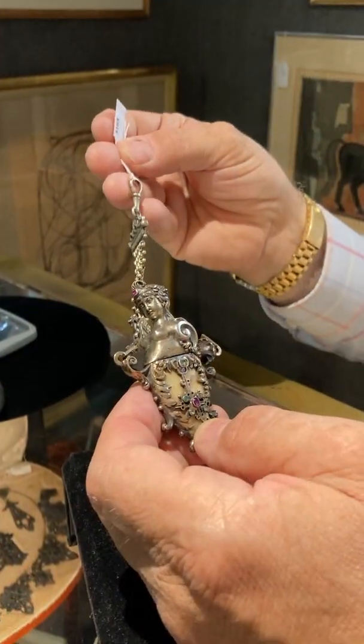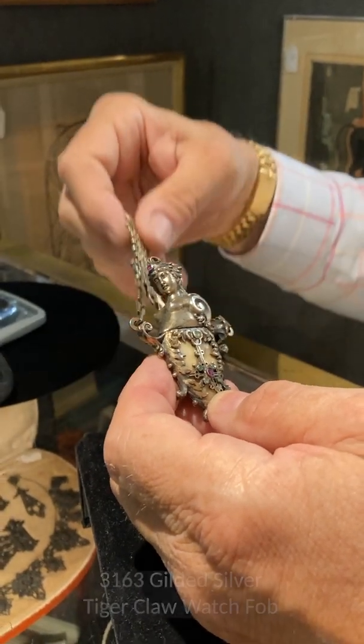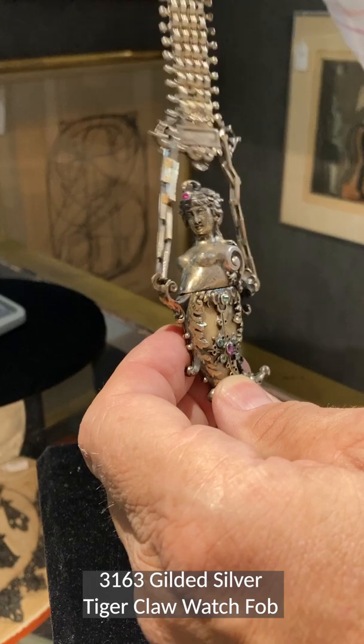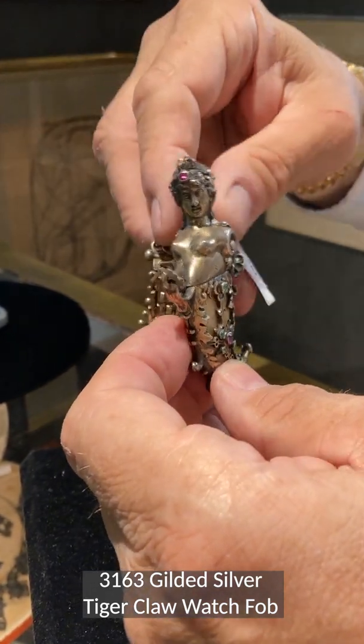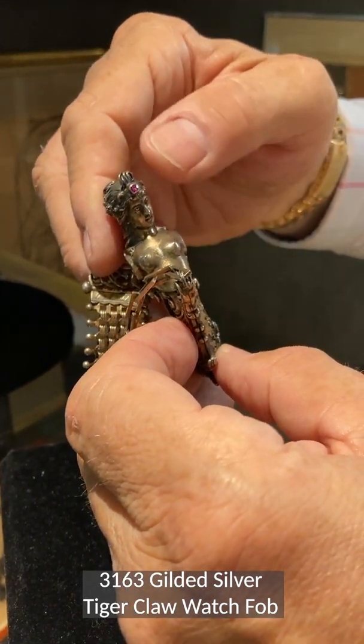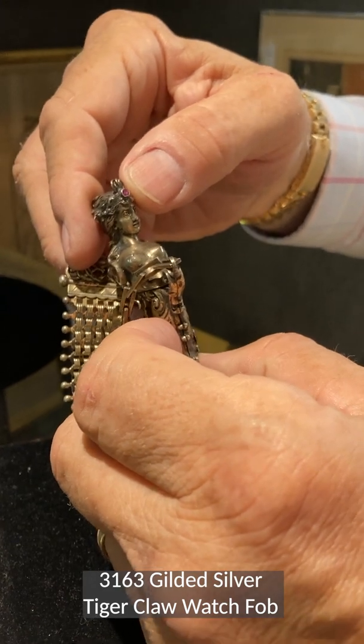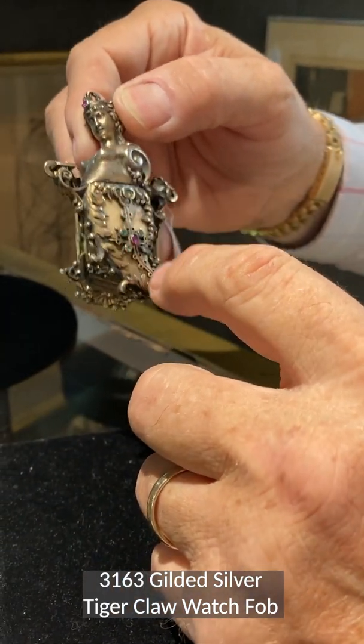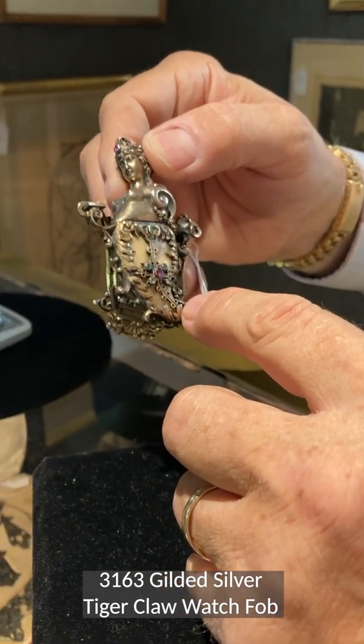So on Sunday, lot 3163 is this extremely rare gilded silver mounted watch fob. It depicts a beautiful depiction of Minerva. She has a real ruby in her headdress, and on the sides, she's resting on a giant tiger claw mounted